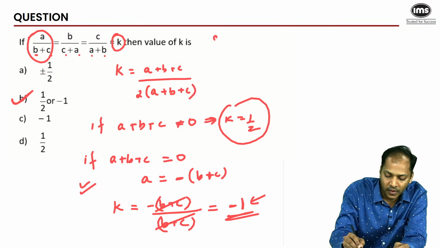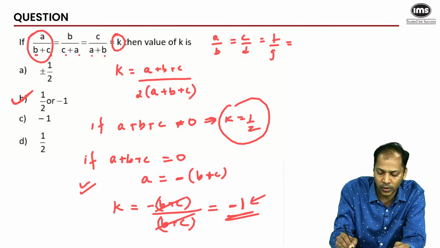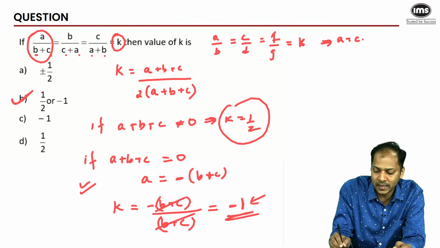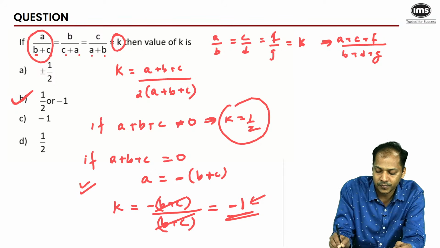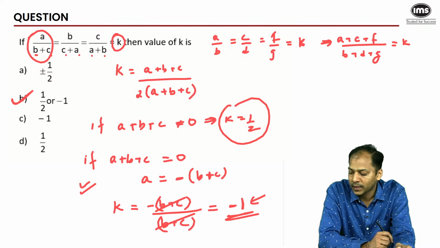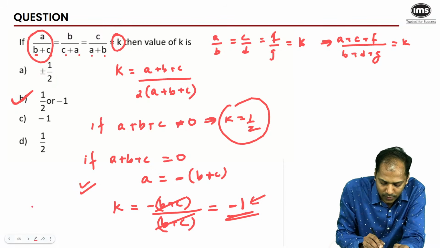Very good. A upon B equal to C upon D equal to F upon G equal to, suppose this is equal to K. In that case, A plus C plus F upon B plus D plus G is also equal to K only. That's the property of ratios. For example, just to give you a perspective,